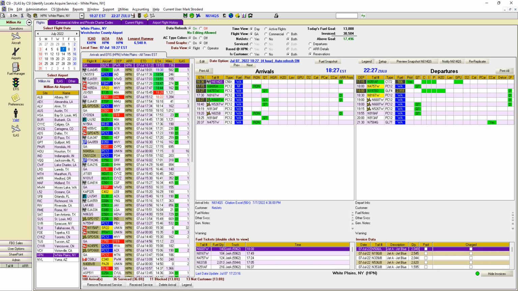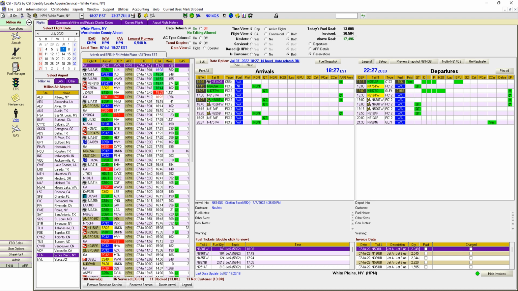the ones that have a red background are block flights. Well, that's perfect. Notice that all the blue, green, and yellow are either jet, turboprops, or props. And notice that CSI knows the engine type of every aircraft on the arrival side at White Plains. That's just remarkable. You'll also see in the flight number column, we have call signs, we have N numbers, and